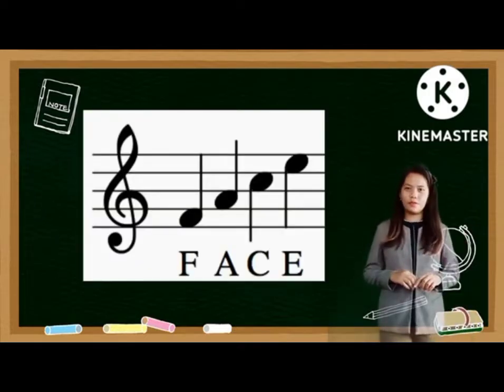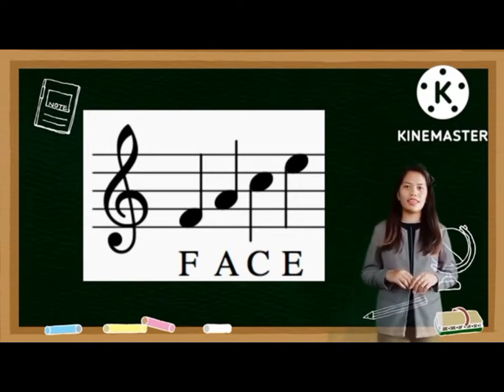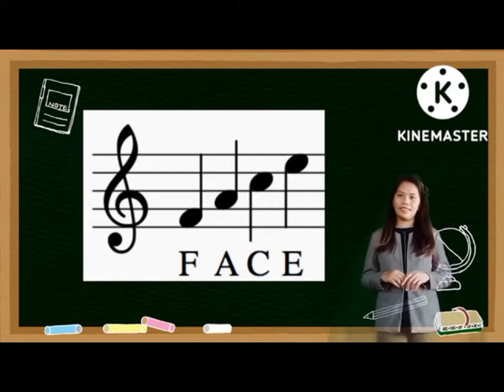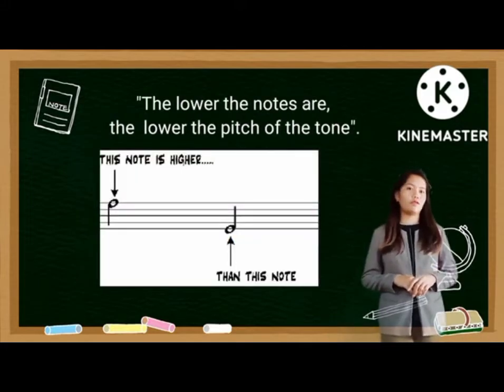When music is written on a staff, the pitches or tones under duration are represented by symbols, known as the notes. These symbols are put on the lines, and in the spaces between the lines, each position says which tone must be played. Note, the lower the notes are, the lower the pitch of the tone.